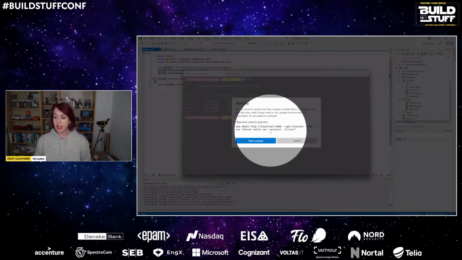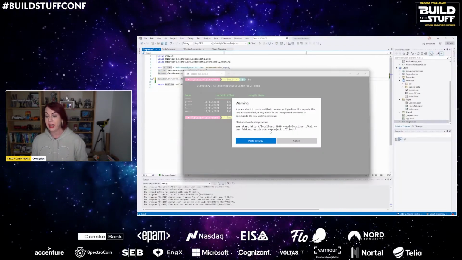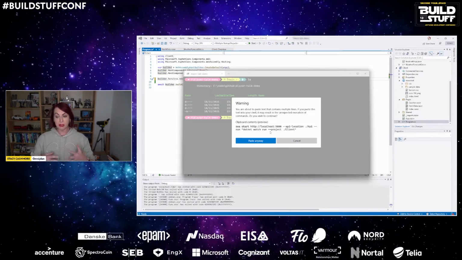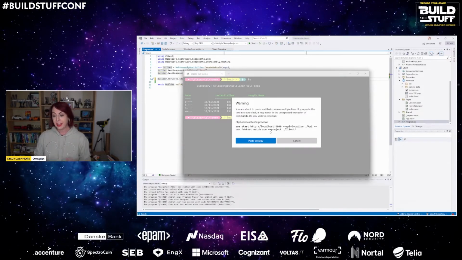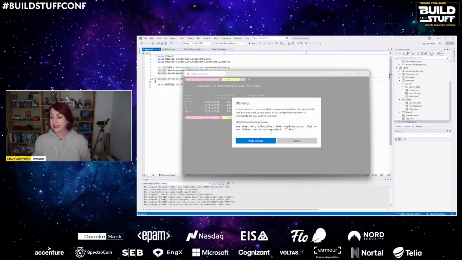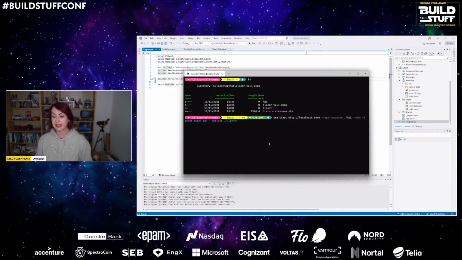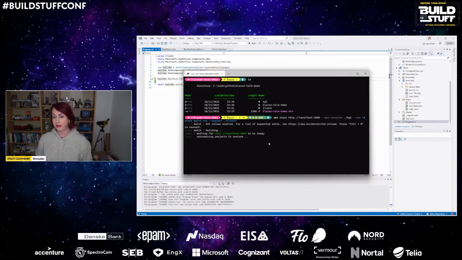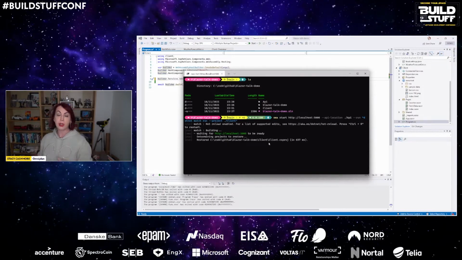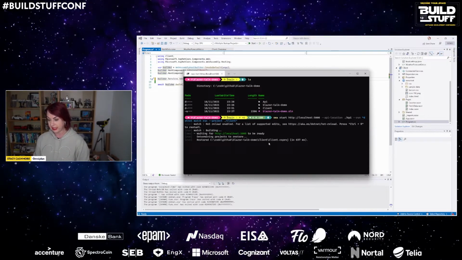Last but not least, we have this run command at the end, and that is going to do a dotnet run for the client project. And then this SWA CLI is going to do all of that magic that we find inside of Azure. And if everything goes well and we keep our fingers crossed, we're going to see stuff working in a second.